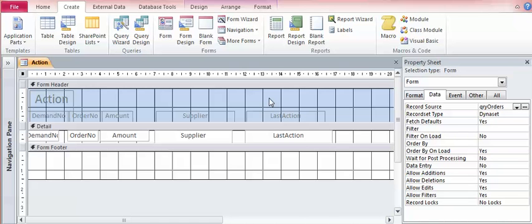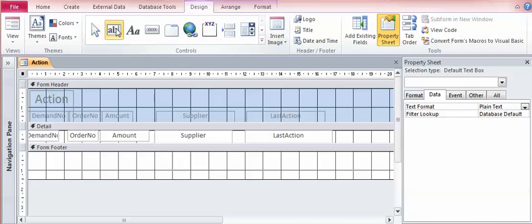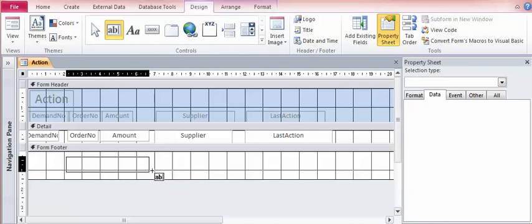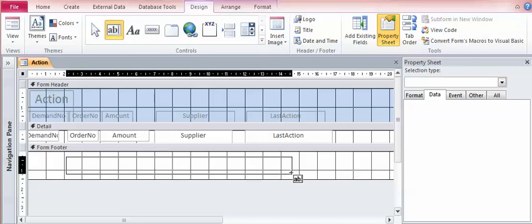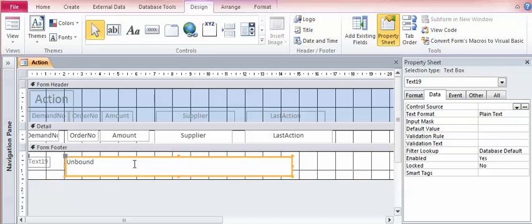So to do that, we're going to go to the Design View. We're going to add an unbound text box just here. I'm just going to make it big to start off with so you can see what I'm doing. And to that we're going to put equals, DCount, opening bracket, quotation marks, and then the name of the field, which is demand